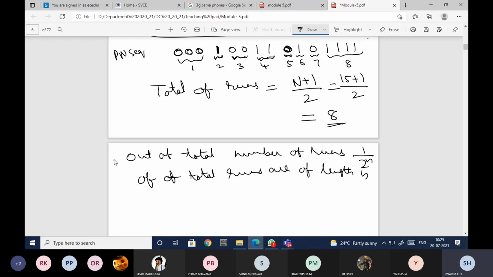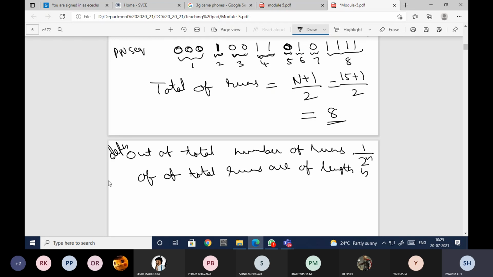Okay, so I'll explain this definition using the same sequence.